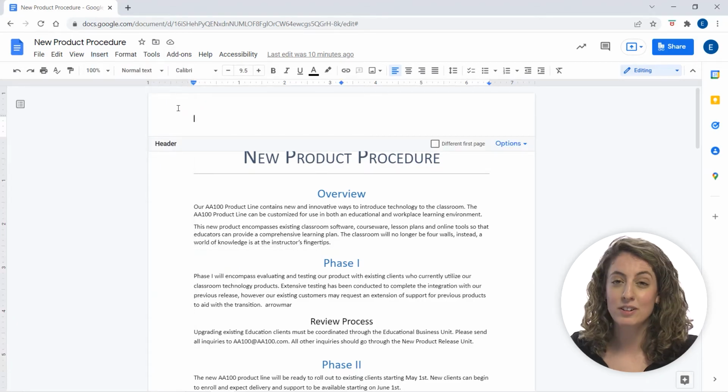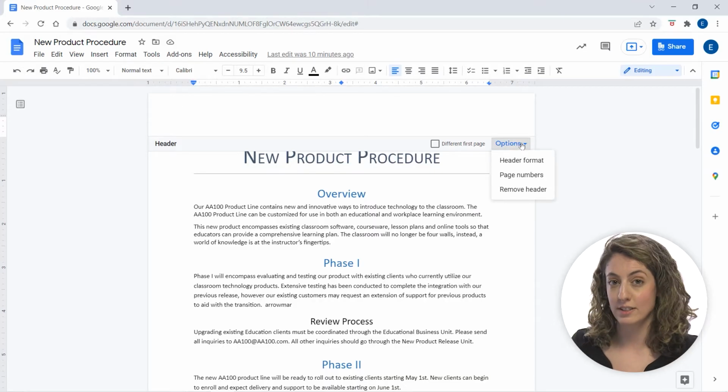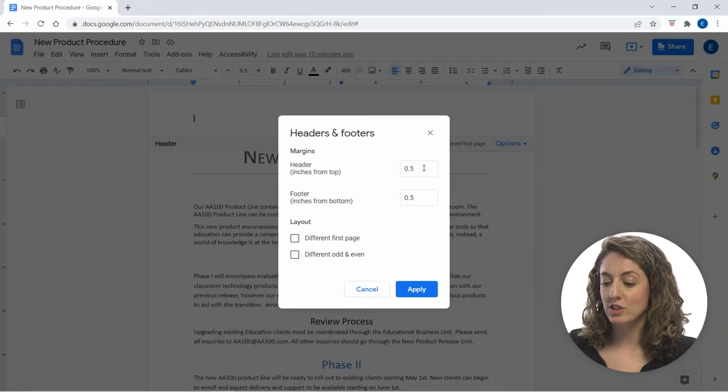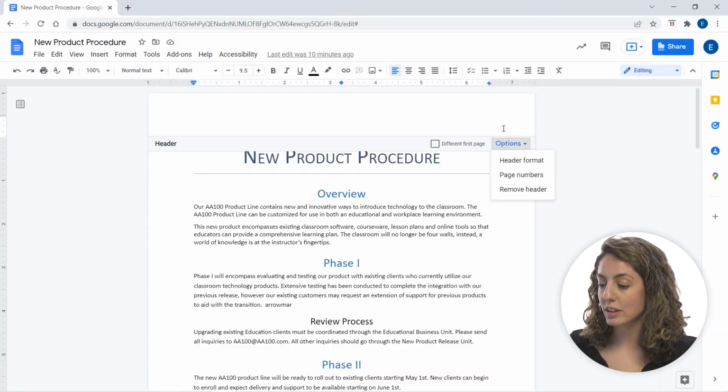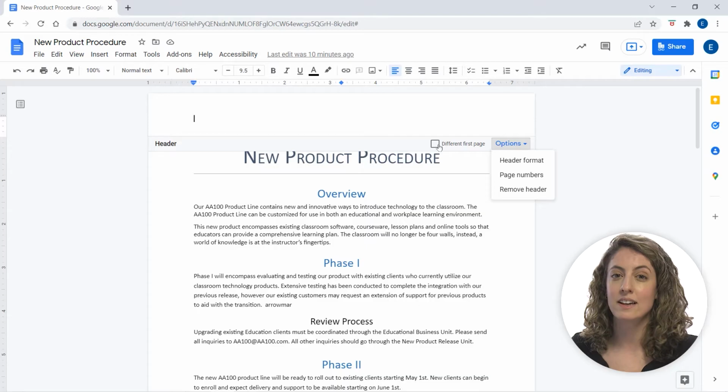And now you can see my cursor is brought up to the top left-hand corner. And I have some options over here too to further customize my header. So I can adjust the header format here by customizing my margins or picking a different layout here. Additionally, I can add page numbers or remove my header overall. I can also decide if my header is a different header or the first page is a different header from